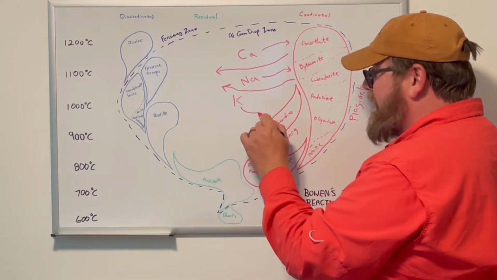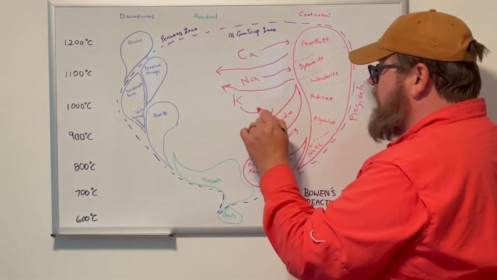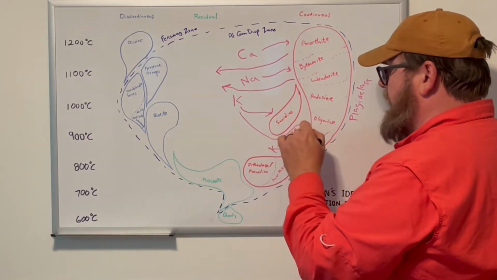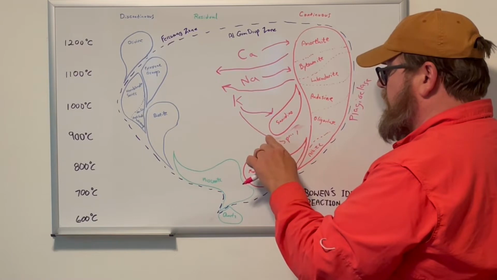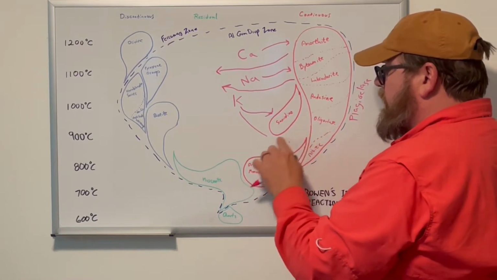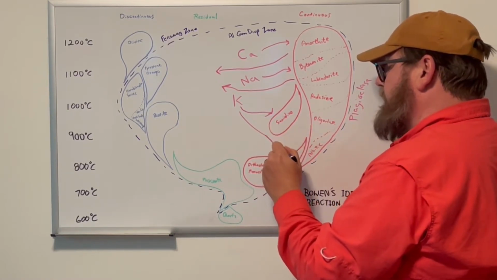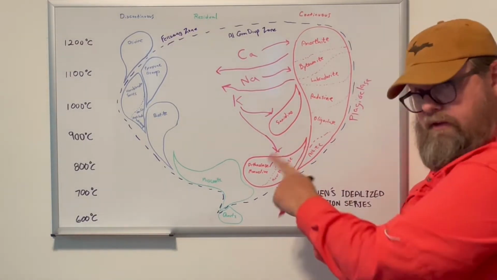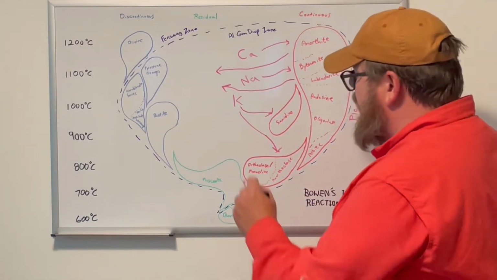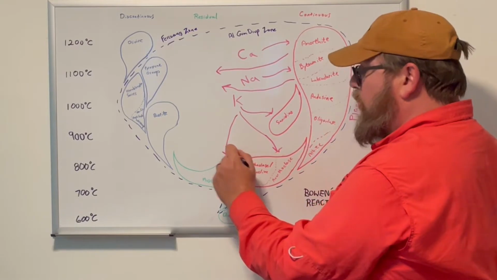potassium, K-spars I was trying to say, starts being used by all of these things. Oh wait, no, sorry, no K there. It starts to be used by these other things. Okay, muscovite also has a lot of potassium in it, so it'll go here too when we get cool enough